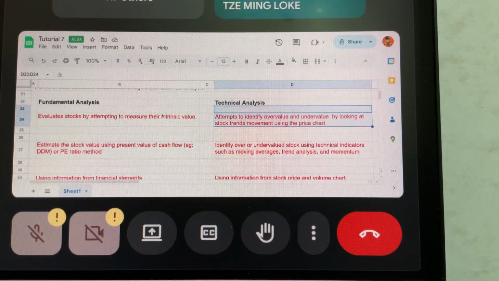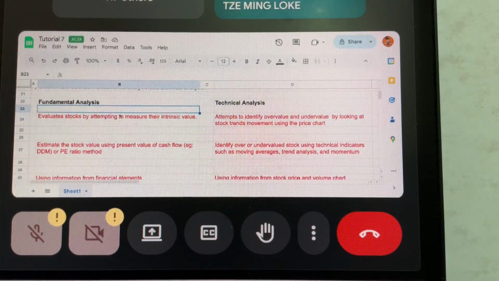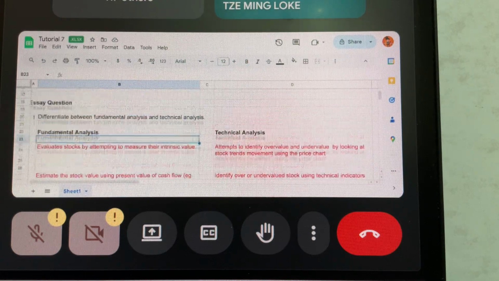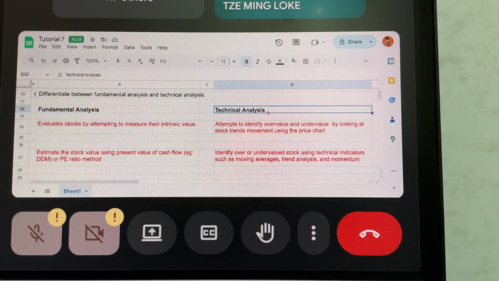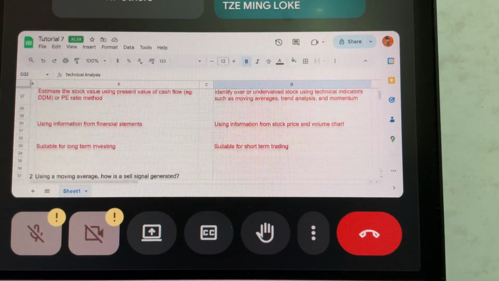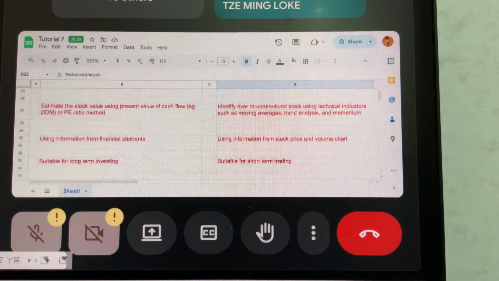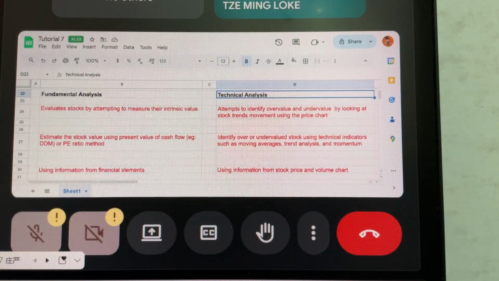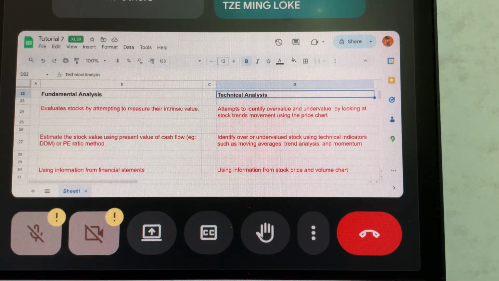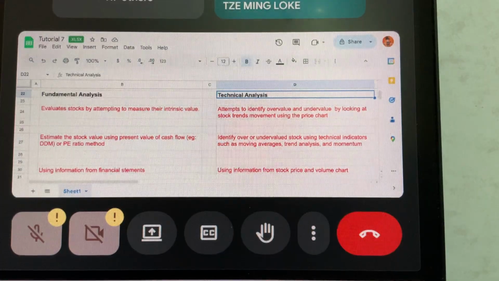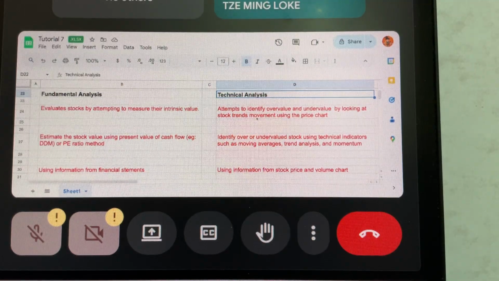Some people will write an essay. They write fundamental analysis and then they write everything about fundamental analysis. Then after that, they write technical analysis and write everything about technical analysis. Of course, the differences are there, but you are not highlighting the difference. So you cannot get high marks. Basically, what you are doing is describing what is fundamental analysis and describing what is technical analysis. So that's two different things. So be very careful when you are asked to